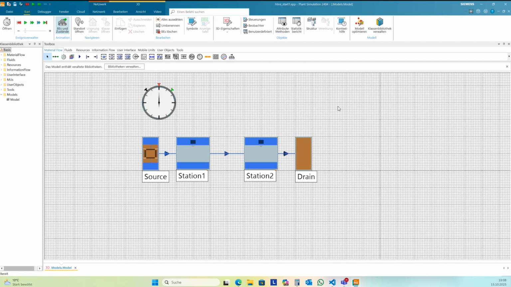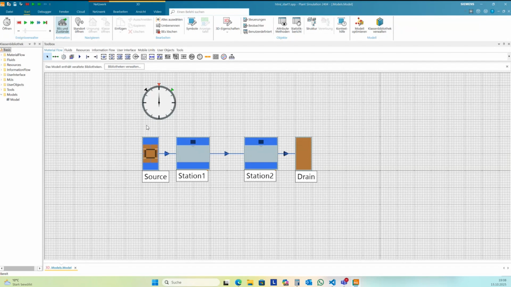And the second one is we can use the COM interface and access Plant Simulation, and there we have a lot of different ways to control it, to set parameters, to start, for instance, SimTalk commands, and we can start and wait for the experiments.